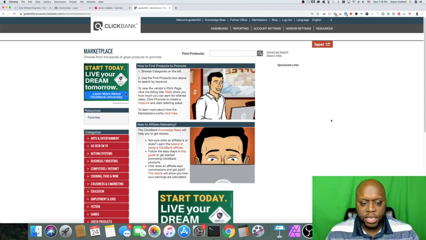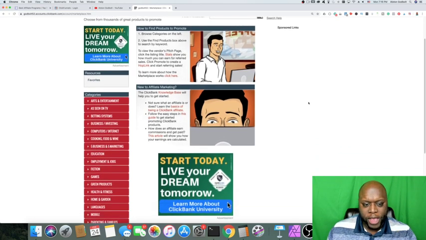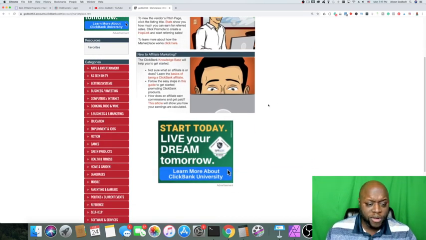The marketplace is where you're going to go to find different products and services to promote. Now, when you first log into Clickbank, you're going to go up to this black bar here and click Marketplace. It'll take you to this site, and what you'll see is that this hasn't really changed in forever. But on the left-hand side, you are going to see a number of different categories. Now, some people will call the categories niches, and some people call them categories. For our purposes, it doesn't really matter. We are going to find a product or service to promote within these different categories or niches.